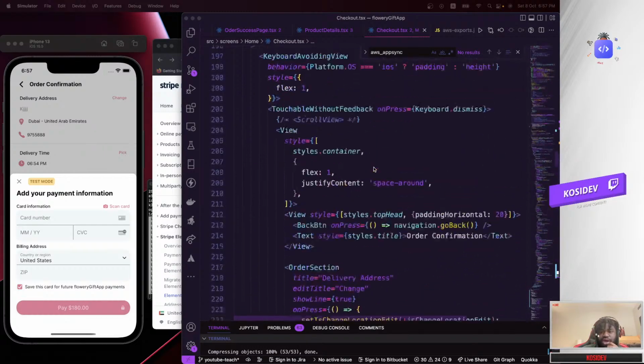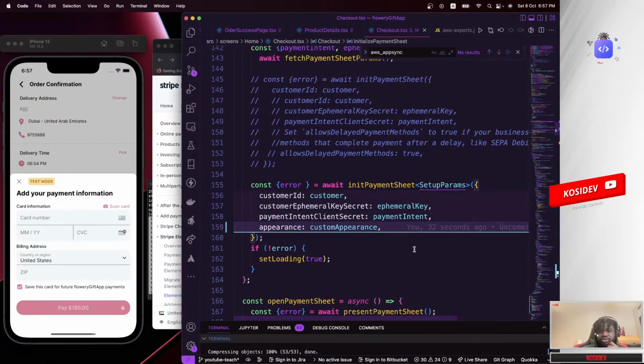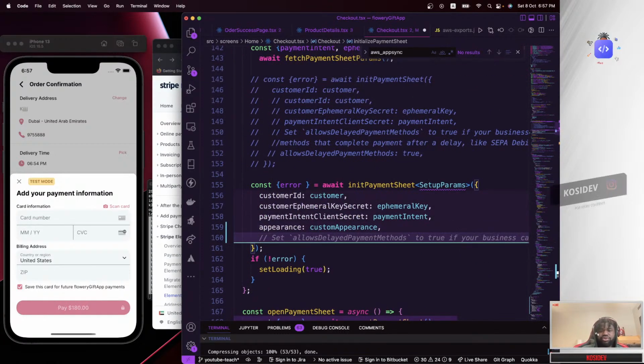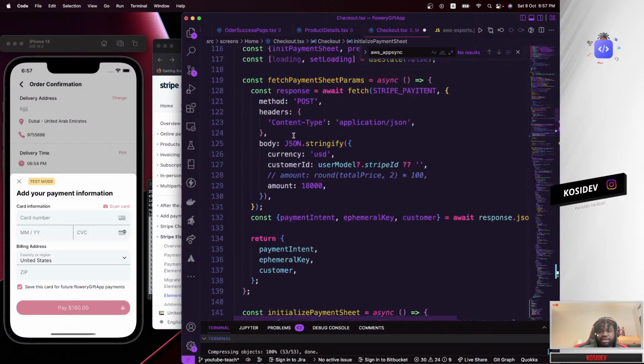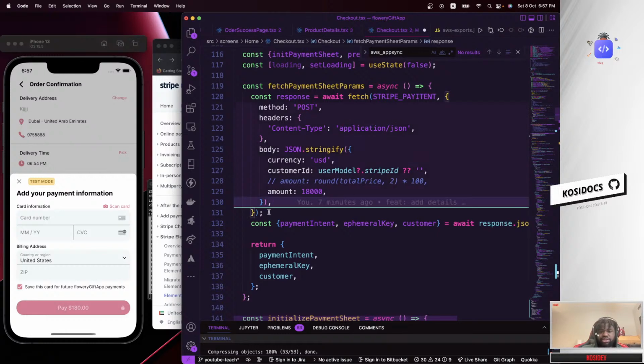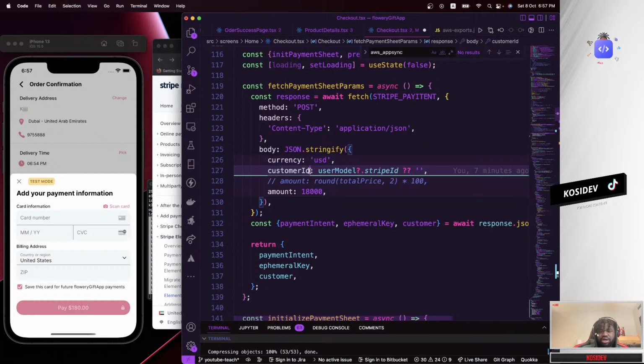I'm going to add something over here, billing details. There are two ways to actually do this. Right here, if you remember, I said initially when we are trying to create a payment intent, we are passing a customer ID. If there's already a customer ID, we pass it.